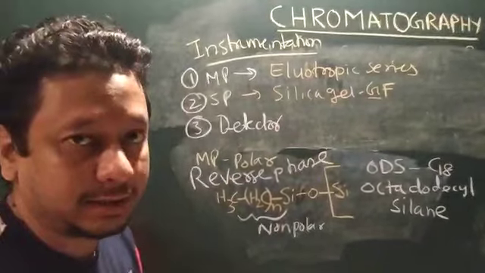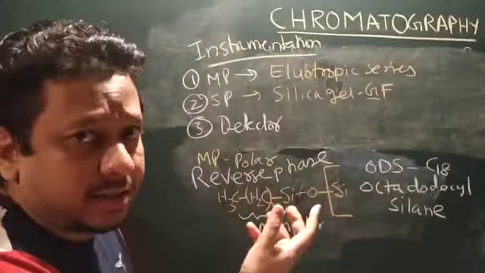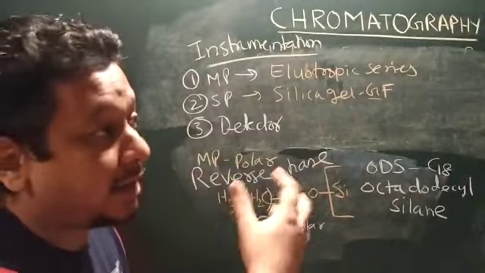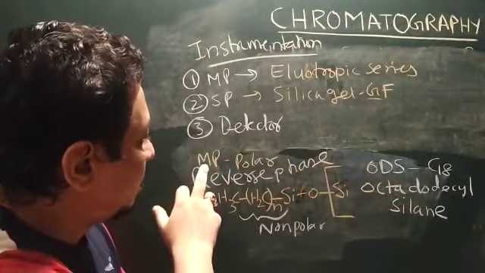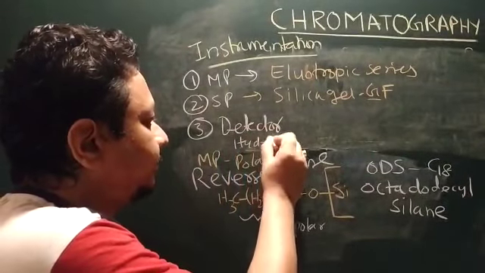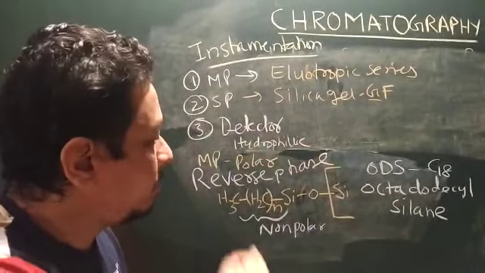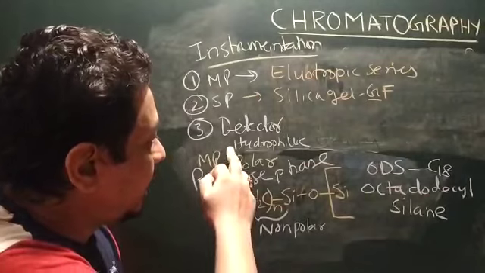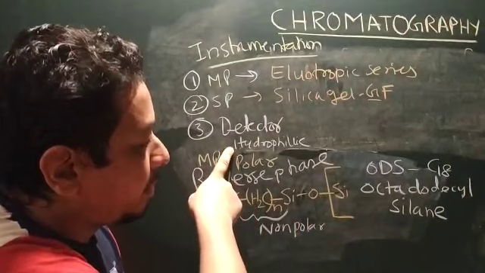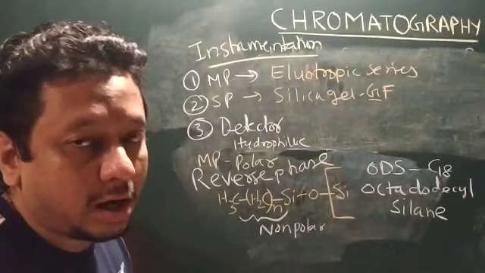Reverse phase is very useful when my analytes are polar in nature. Polar means they are soluble, they are hydrophilic in nature, because my mobile phase is hydrophilic. In the case of normal phase, my mobile phase was lipophilic. So in that case, my hydrophilic compounds, my drugs, are soluble in hydrophilic solvents, so it is very easy for us to separate them with reverse phase chromatography rather than going for normal phase chromatography.